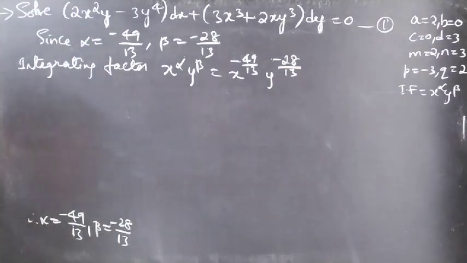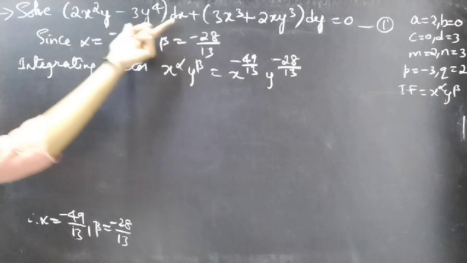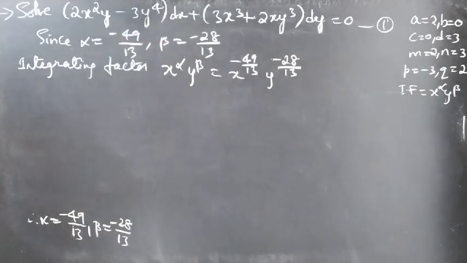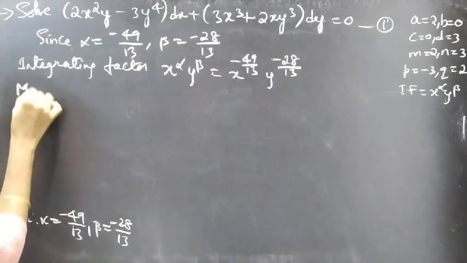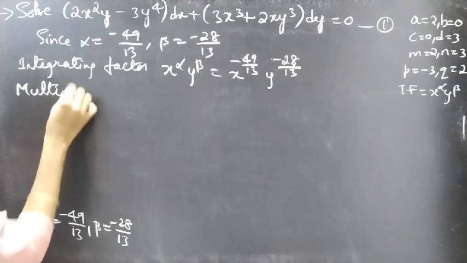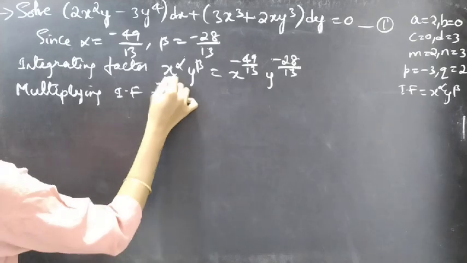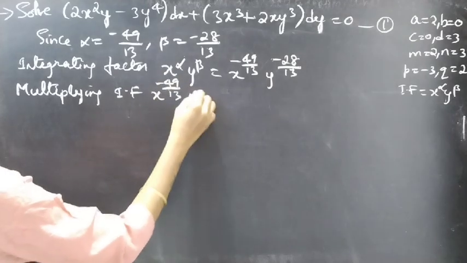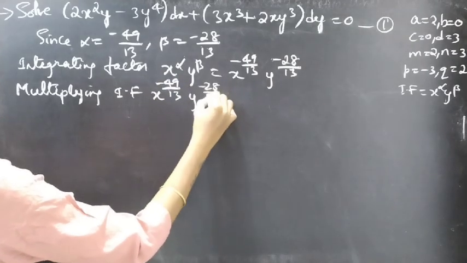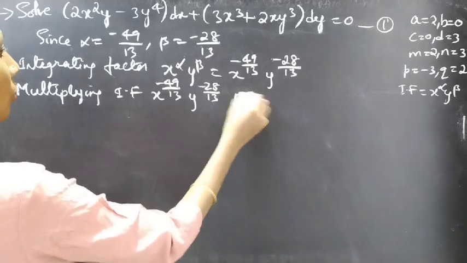By multiplying this integrating factor to the given equation, the given equation can be reduced to an exact equation. So let's see that. Multiplying integrating factor x power minus 49 by 13, y power minus 28 by 13 to